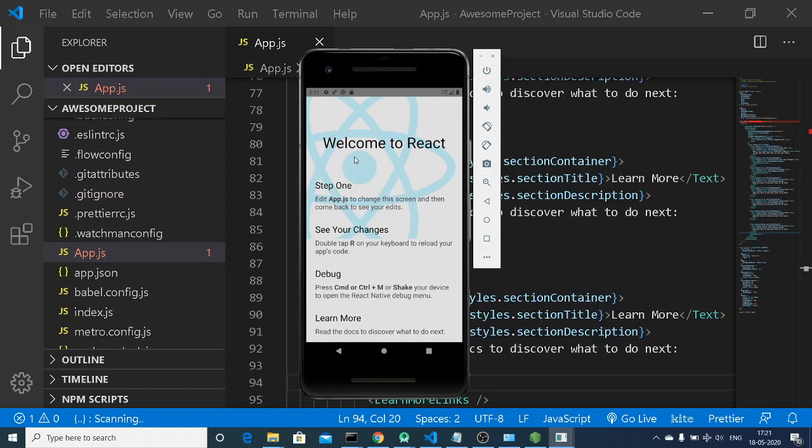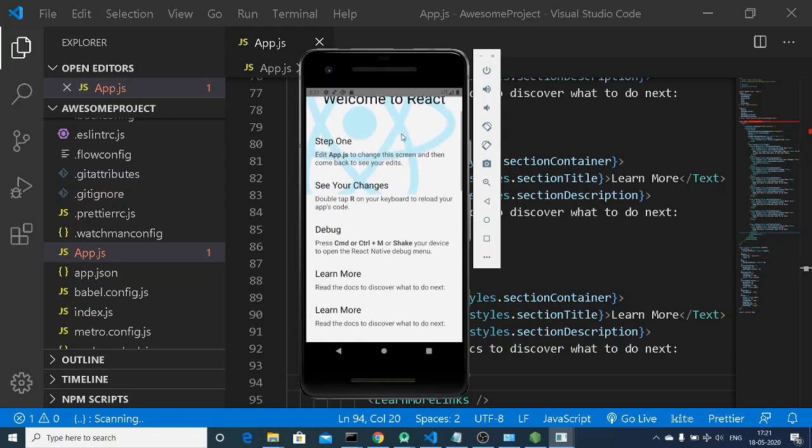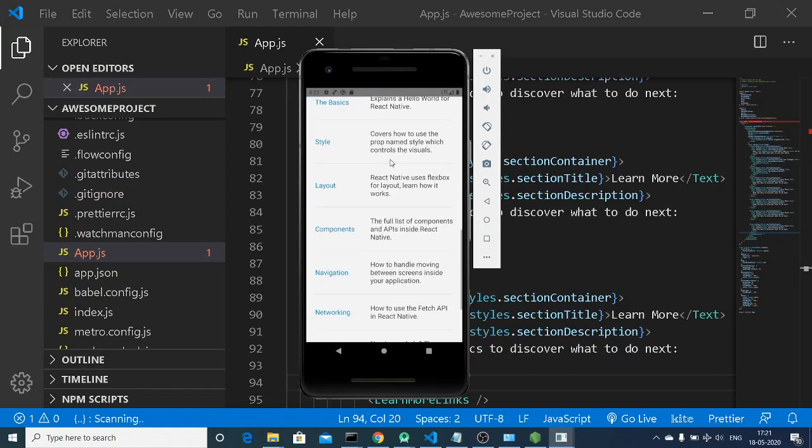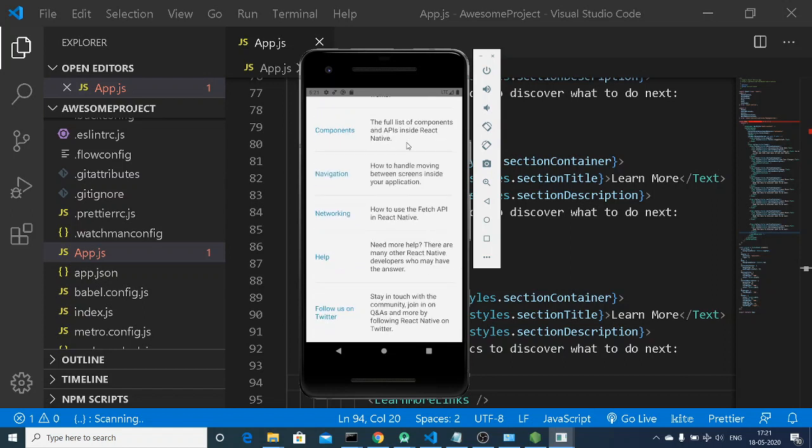So in this way, guys, this was a short introductory video on how to get started with React Native. I have guided you through the step-by-step process on how to get started with React Native, how to get started with the emulator as well. So in the next upcoming videos, I will be showing you how to do more things, how to build awesome apps inside this React Native.